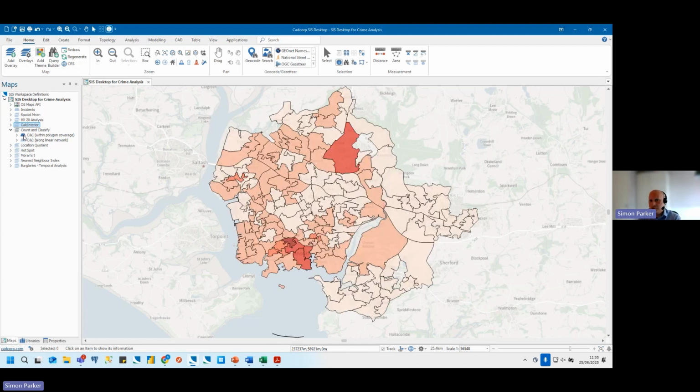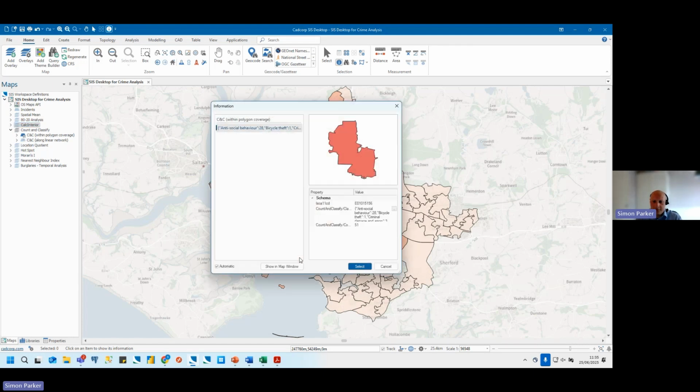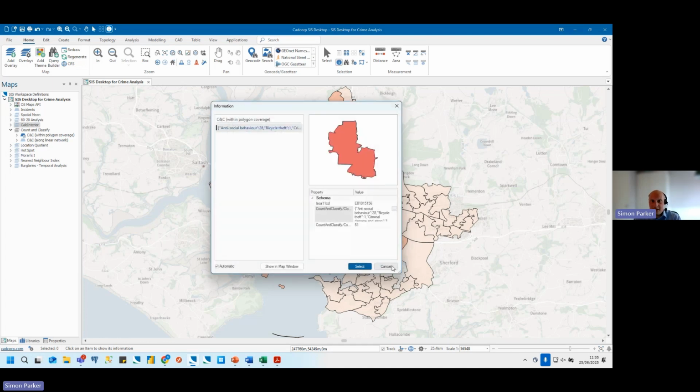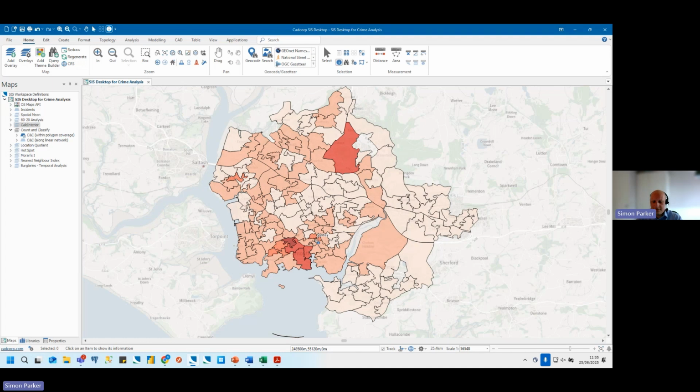So I've just used the same visualization as the previous example, but this time if I interrogate an LSOA, we have our total count of incidents. But if I expand this classification attribute here, we now get a breakdown by incident type. So from this particular view, I can see that ASB and violence and sexual offences have the highest count within this particular LSOA, and then I could perhaps interrogate some of the neighboring LSOAs just to see if there is a similar pattern,